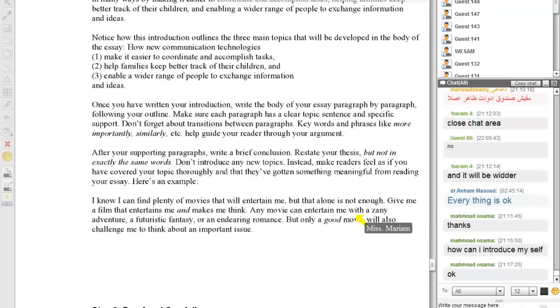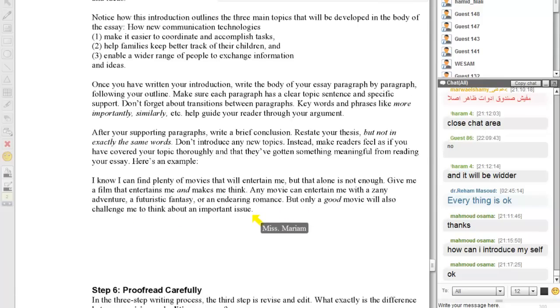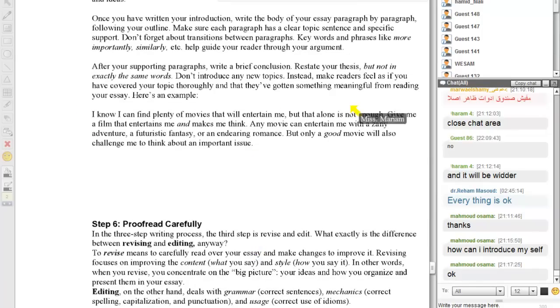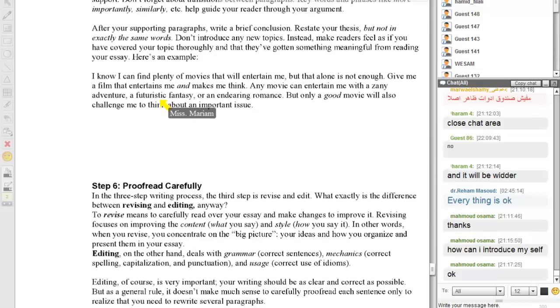Any movie can entertain me with a zany adventure, a futuristic fantasy, or an enduring romance, but only a good movie will also challenge me to think about important issues. Okay, so here in the conclusion, no new ideas are included. He is restating, he's talking about the very same point. He didn't mention anything new. Okay,